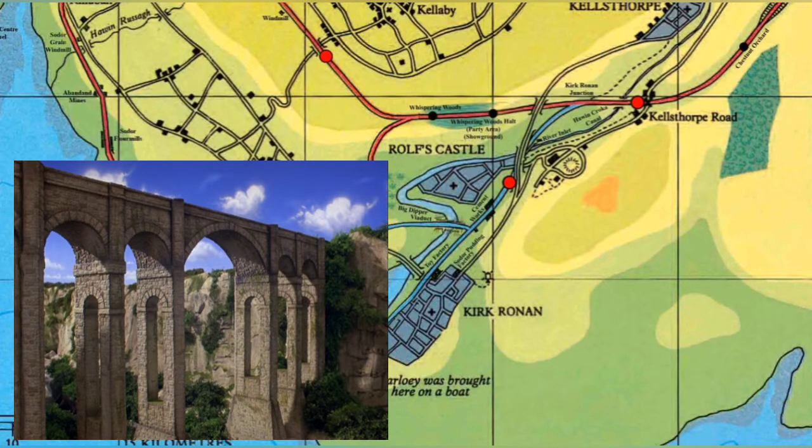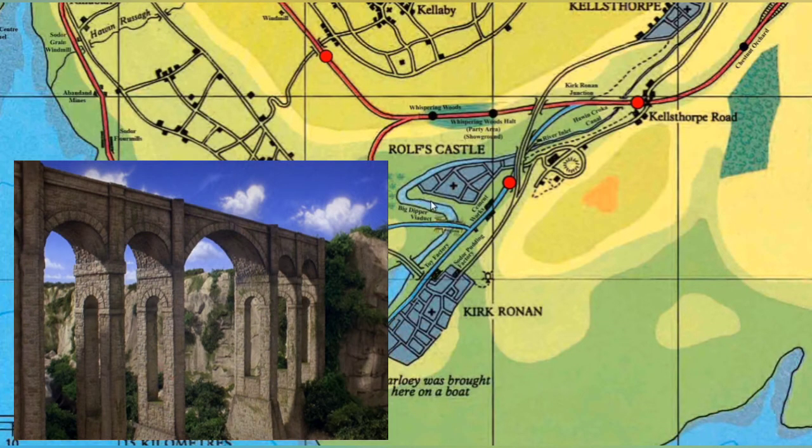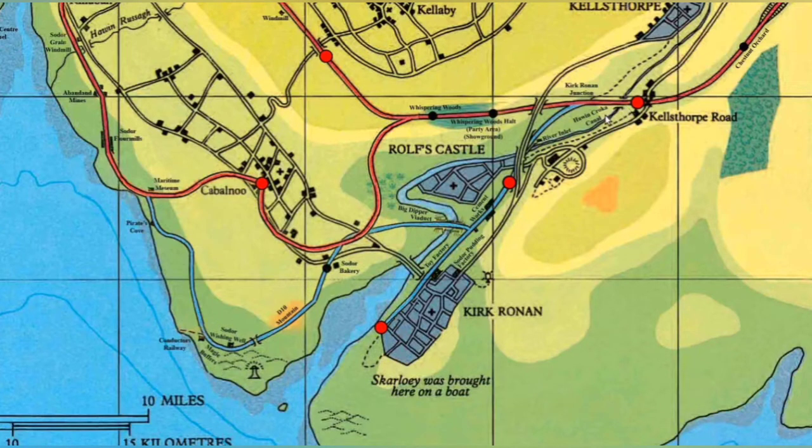This is that viaduct that's seen in Magic Railroad. Obviously, it's the one that Diesel 10 crashes off at the end of the movie and falls into the Howen Croker Canal afterwards, which as you can see runs from right up at the top of the line by Kelsthorpe Road, all the way down to an opening at Kirk Ronan, and past that we then go under some bridges,